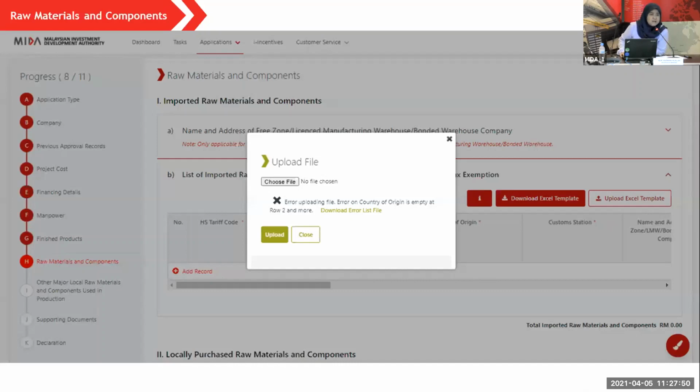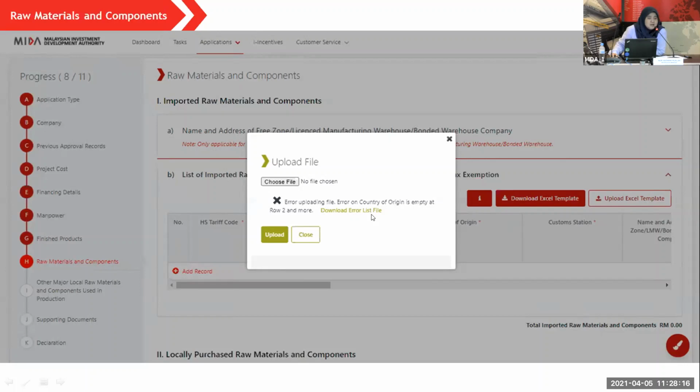There are issues faced by companies when they try to upload the Excel file. They will get this message saying error uploading file. For example here, error on country of origin is empty at row 2 and more. If you get this error, what you have to do is click on the download error list file.